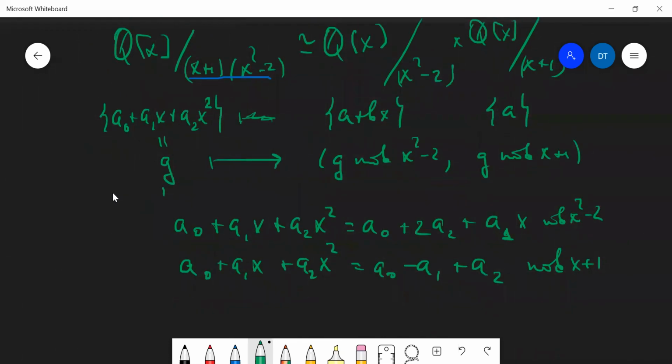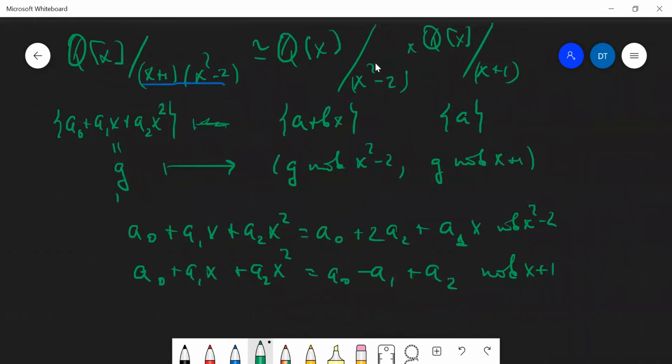Now, the interesting question, how to compute the map in the other direction. So you're given a pair of polynomials, a plus bx and some element c. So how to compute this one explicitly? And you do this in exactly the same way you did this for integer numbers. So first of all, you want to compute,